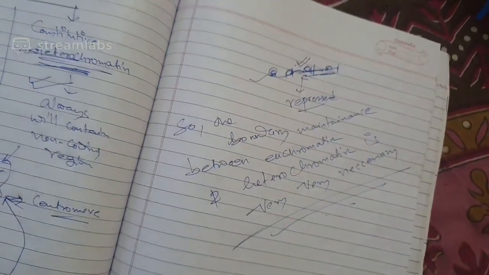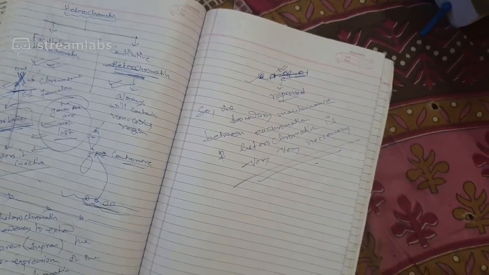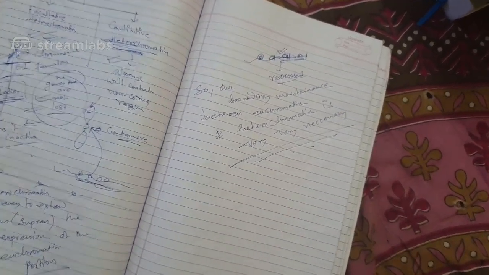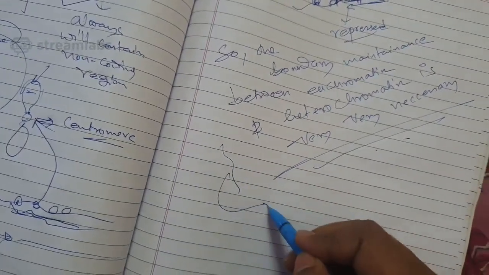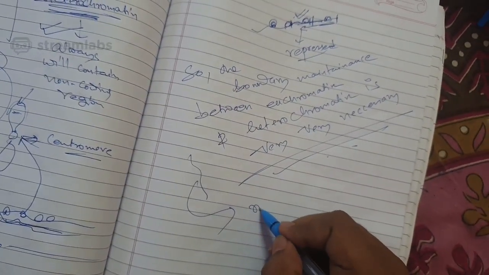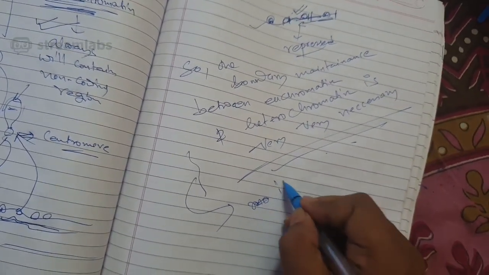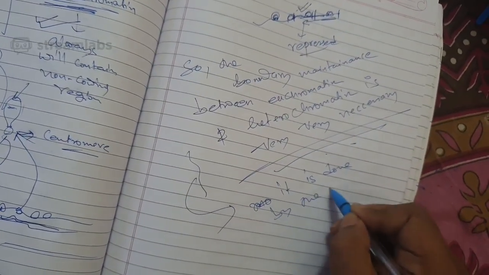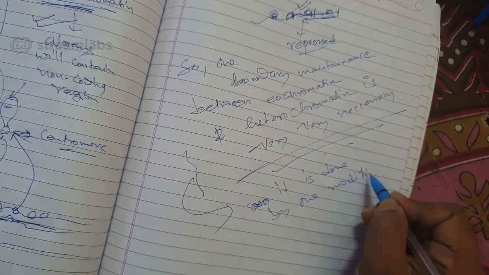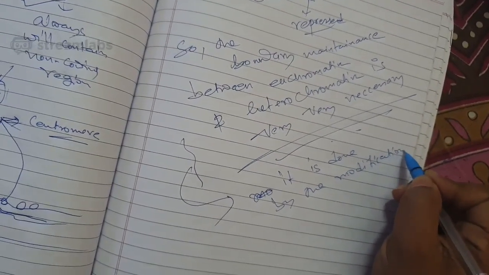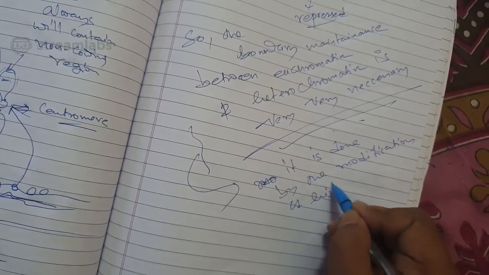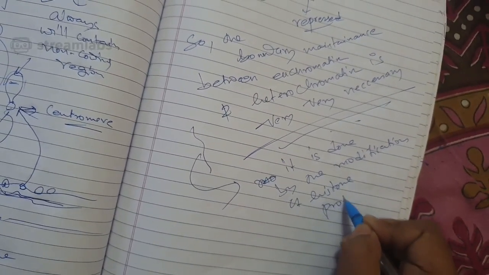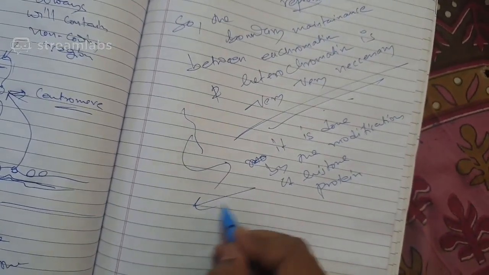And it is done by the histone proteins, or rather by the modifications of histone protein. How? The heterochromatin and the euchromatin